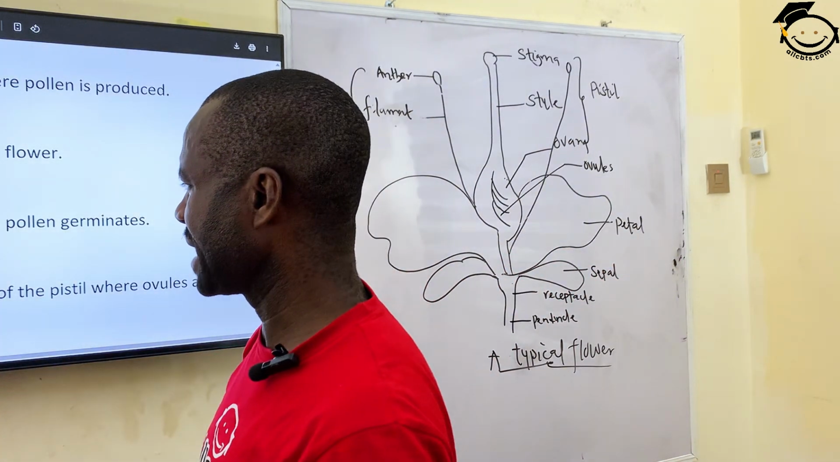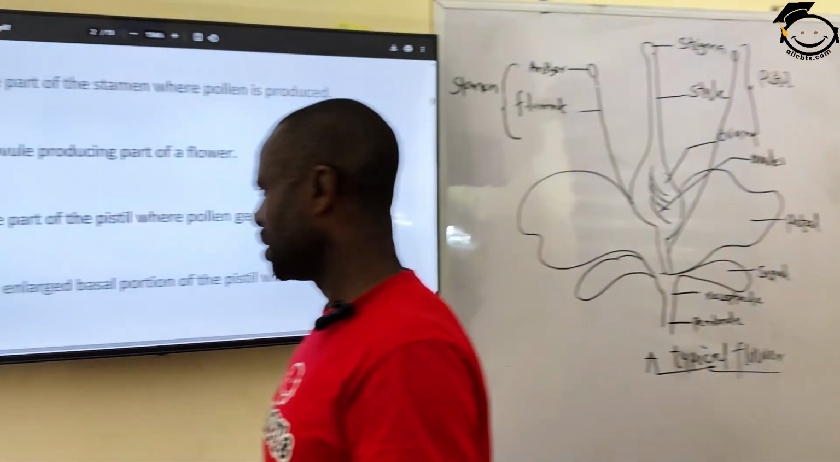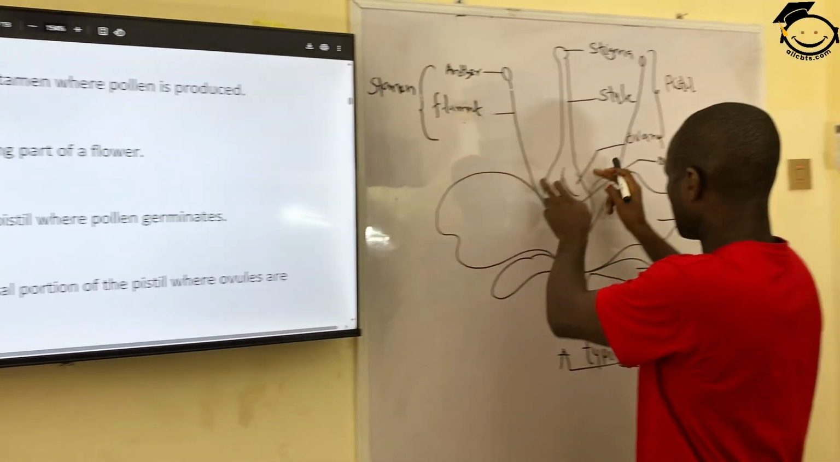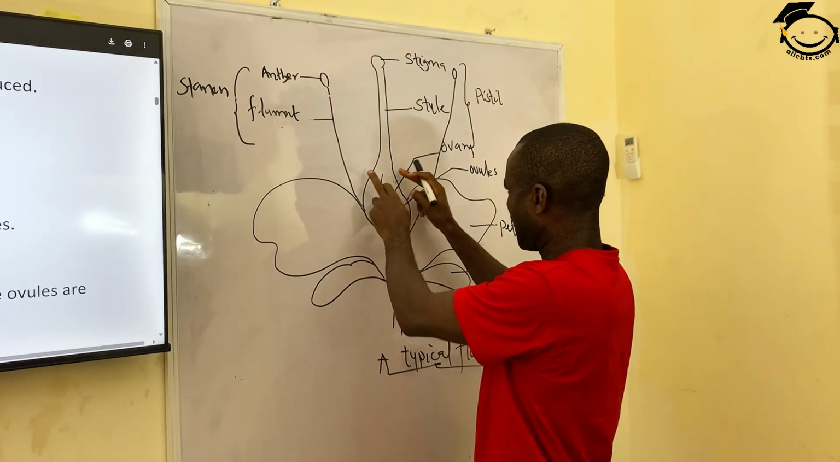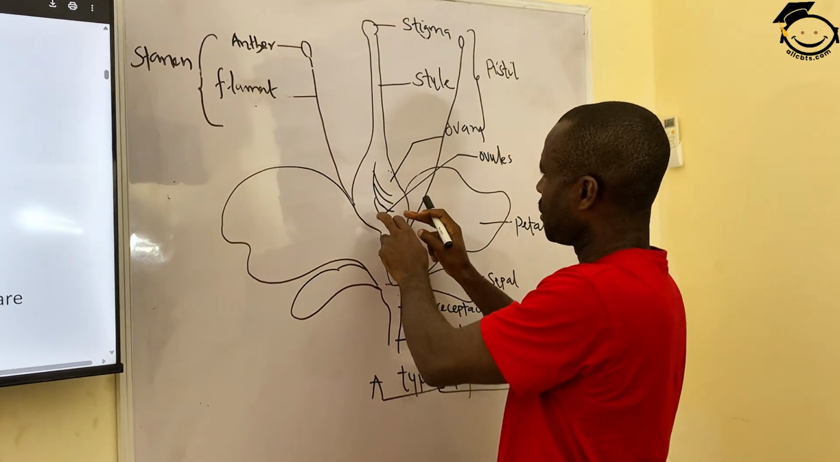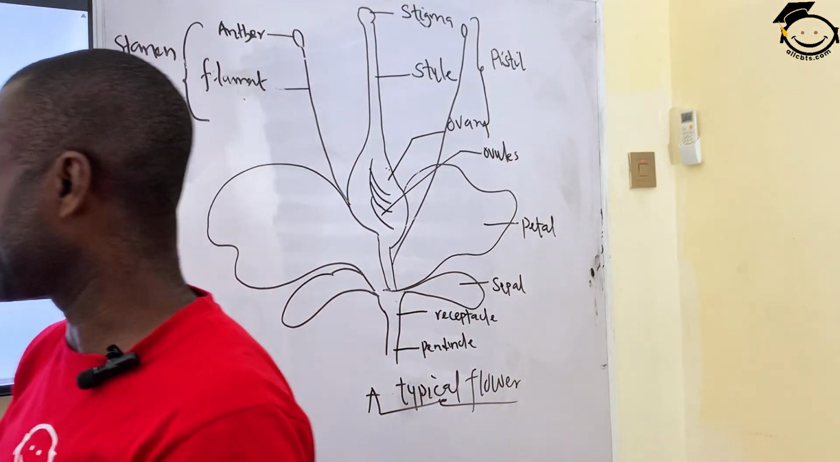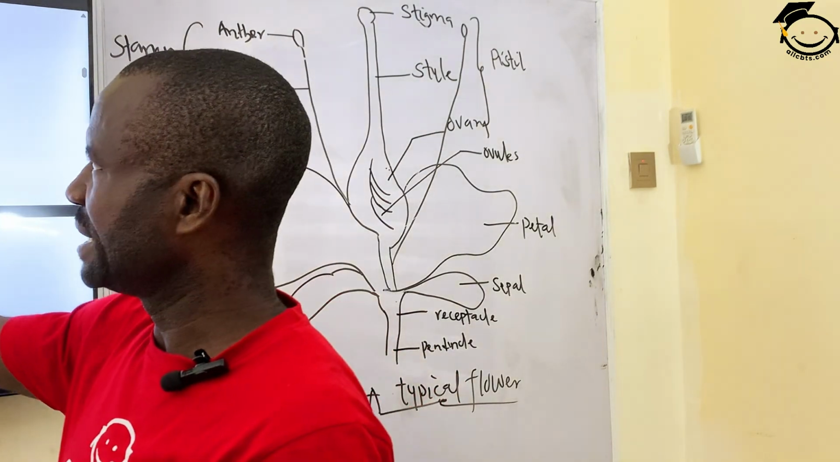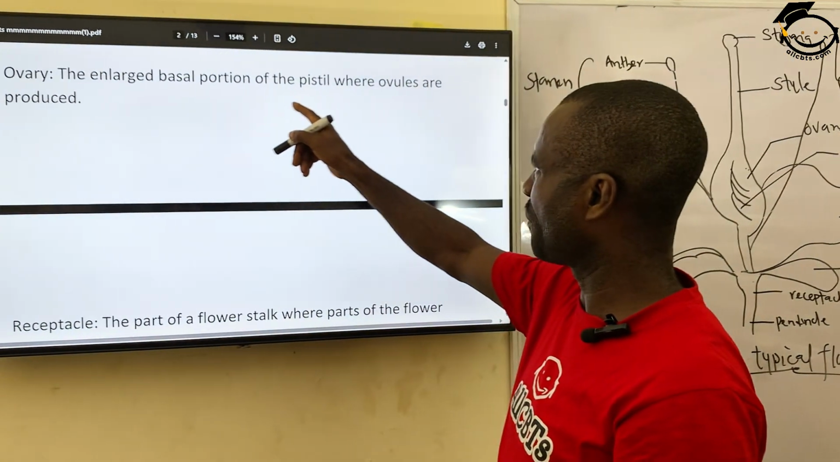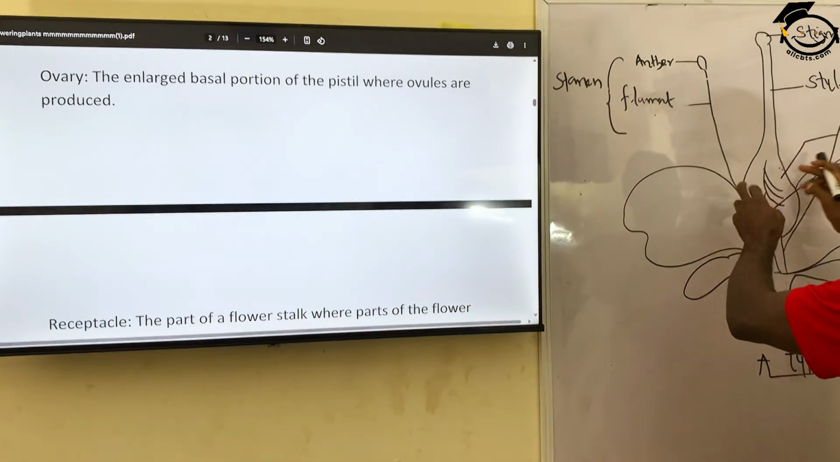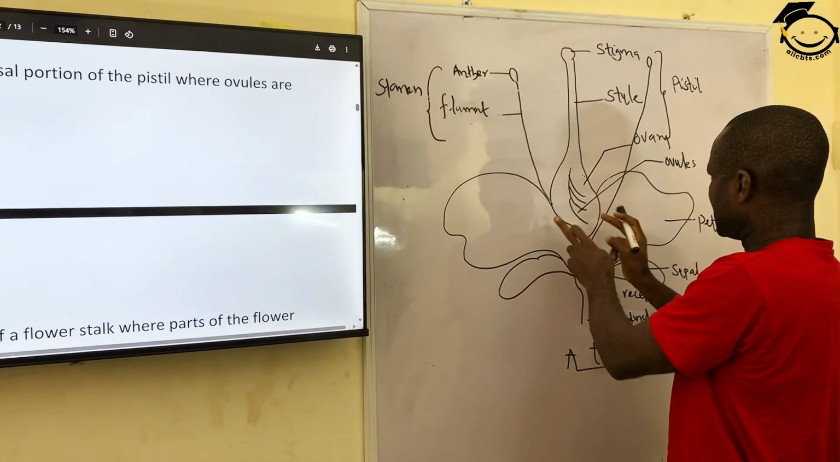Next is the ovary. The ovary is the protruded area around this side where the ovule is produced. It is the enlarged basal portion of the pistil where ovules are produced. The protruded, enlarged version of this is just like